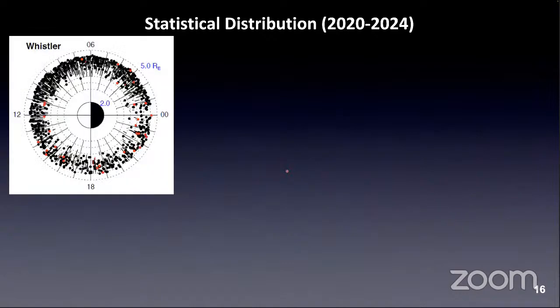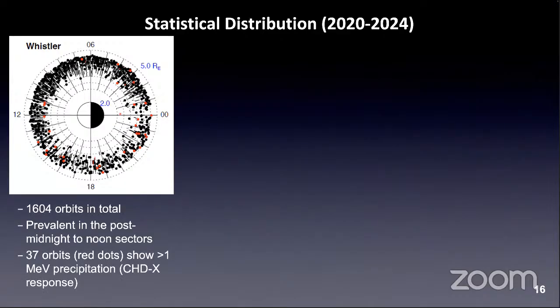So for each of the precipitation patterns, we'll be showing the distribution of each precipitation pattern in this MLT versus L-shell plane. First of all, for the wave-driven precipitation, we have identified more than 1,000 orbits in total over this 5-year data set. Although you can see them all over the entire MLT range, you can sort of see that they predominantly occur in the MLT range of post-midnight to about noon sectors,